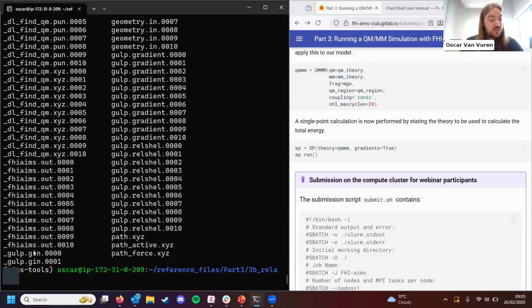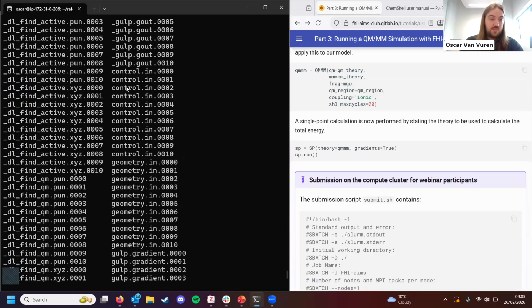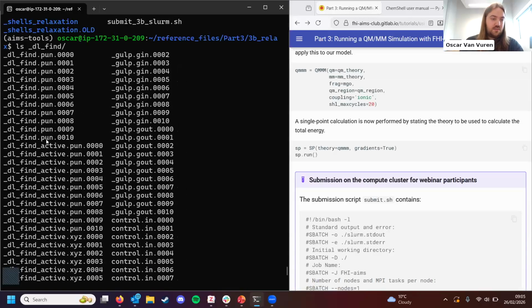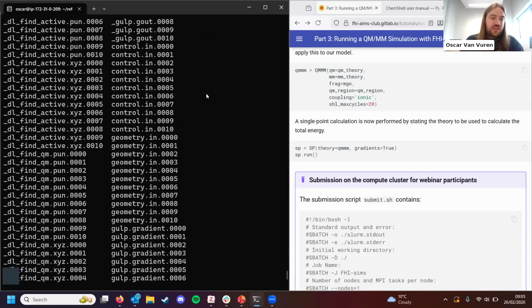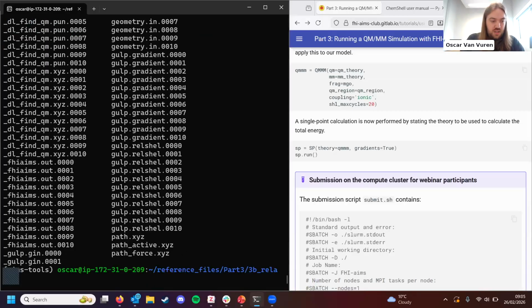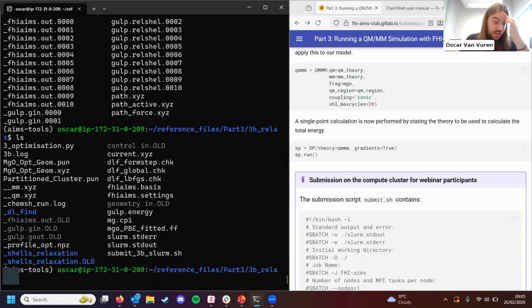then all of our FHI-aims output files for these different calculations, all of our GULP input and output files, as well as more aims input, control.in, geometry.in. So you see that this is going to take 10 times as long as our single point, because we're doing 10 geometry steps. It's very much the same, but we also get this full path, and we can plot the profile. ChemShell comes with a plotting functionality using matplotlib. So we can plot using this profile opt,